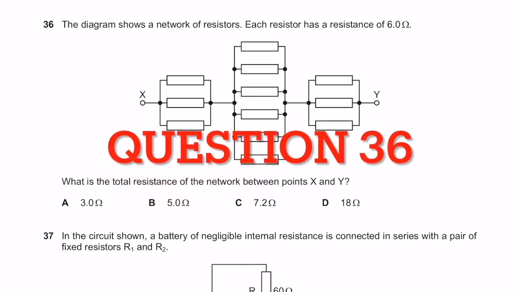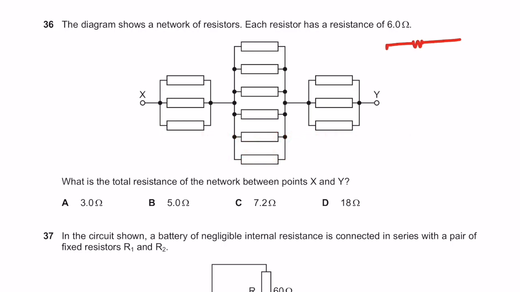If you have two resistors, let's say one is 6 ohm and the other one is also 6 ohm, how much is the total resistance? It is 6 over 2, right? You can do the same technique for 3 or 5 or any number of identical resistors. So let's use this here. In this example, they are asking about total resistance.